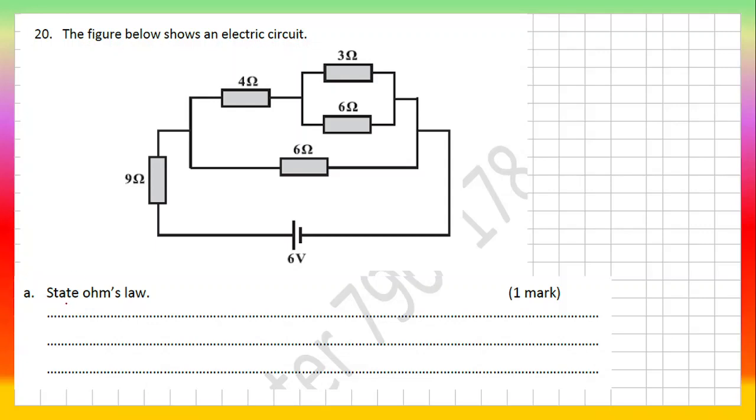Okay, state Ohm's law. Now, Ohm's law is about the relationship between current and voltage, and they are always directly proportional, of course, at a constant temperature. So how do we state it? So we say at a constant temperature,